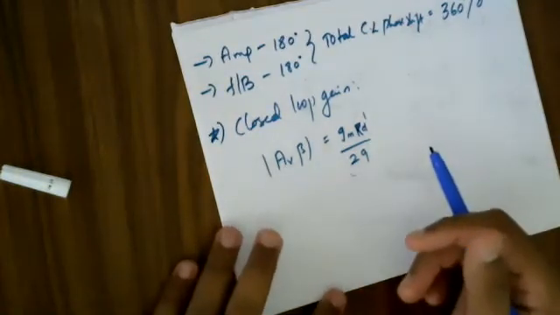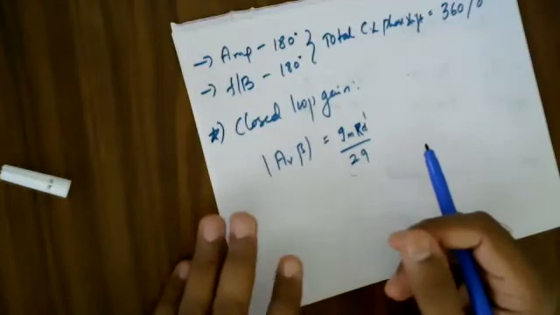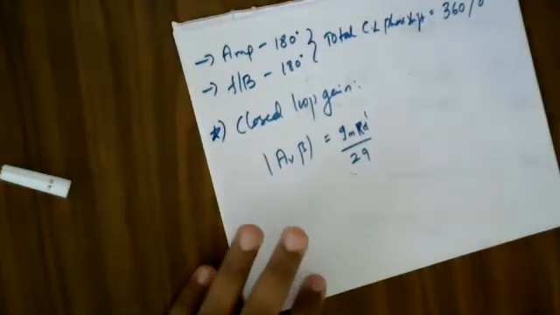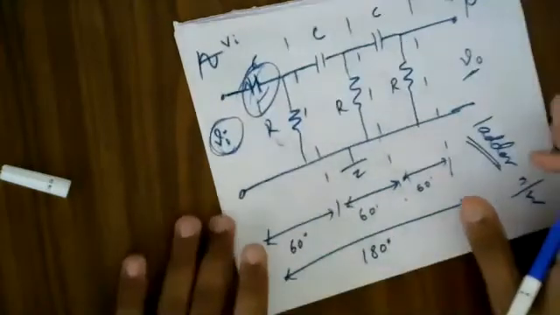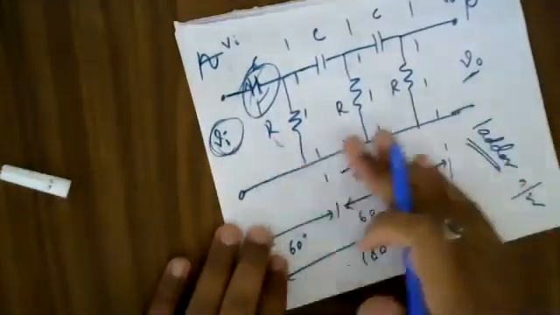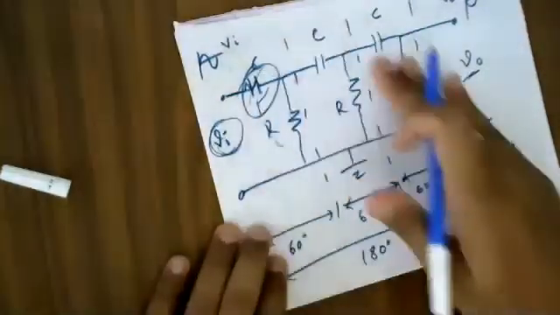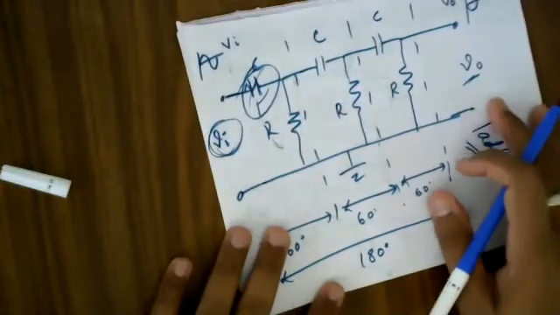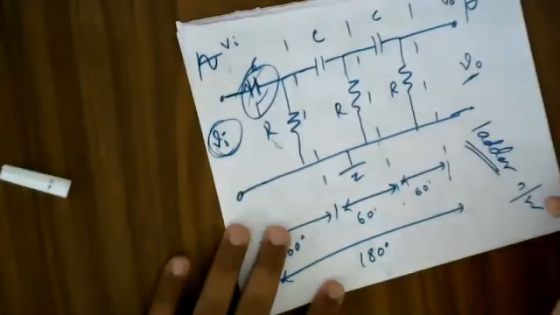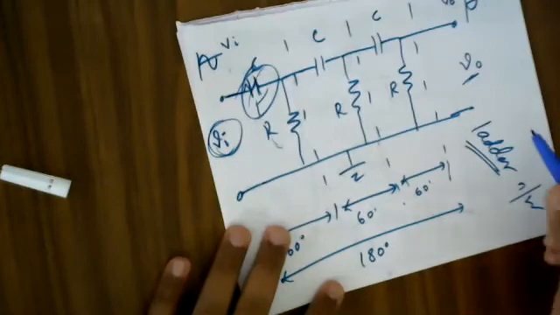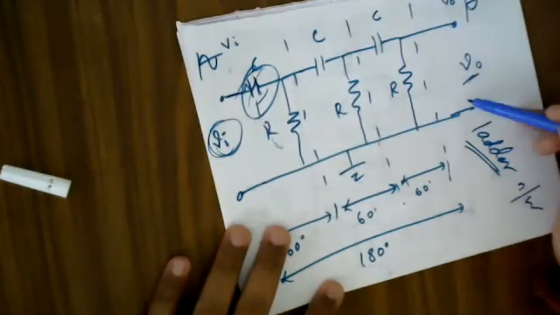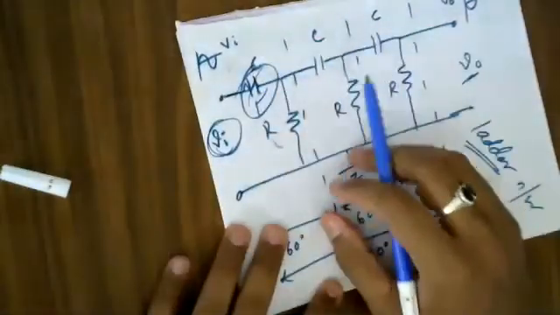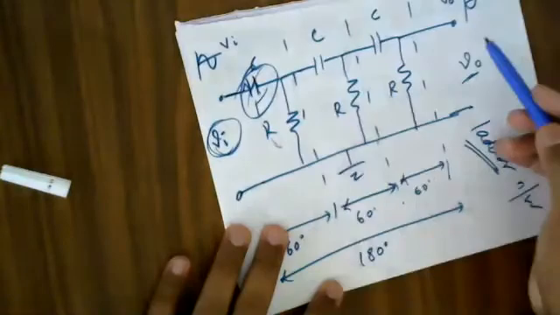How are you able to get this value? I could simply say that for this RC circuit, we take the transfer function of the system between input voltage and output voltage. Since you're studying a subject called control systems, you know what a transfer function is. The transfer function is defined as the ratio of the Laplace transform of the output to the Laplace transform of the input.